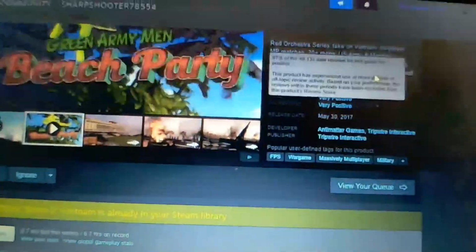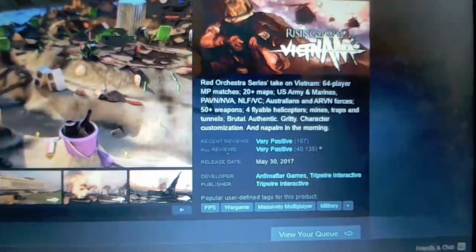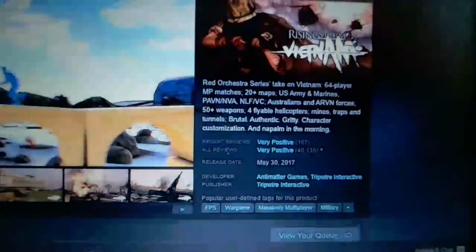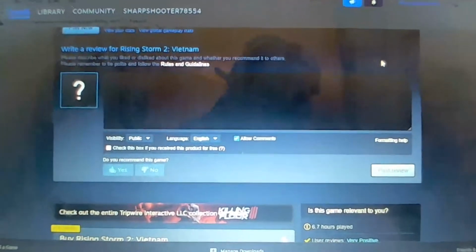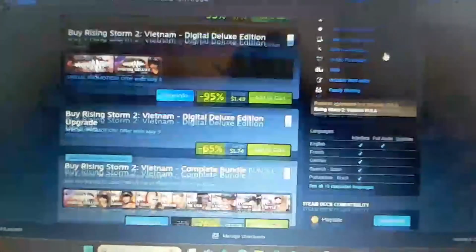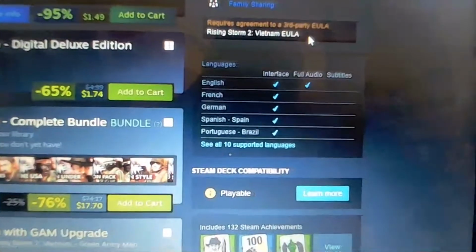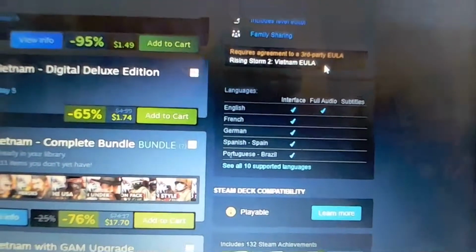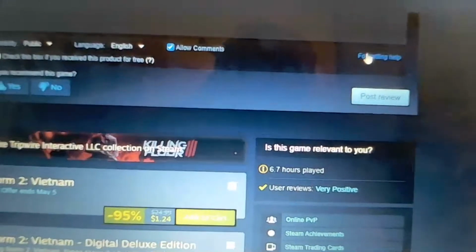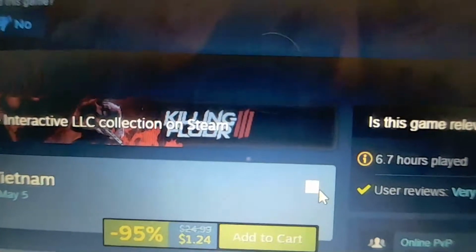I'm pretty sure this is for PC only, because it's not showing anything else on here as to what this is compatible with. And if you guys ever do happen to play this, trust me, it's got its perks, guys. So it doesn't really say exactly what system it's for, but since I see an icon right here for Windows,